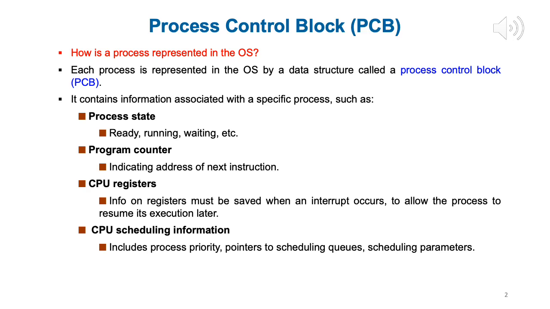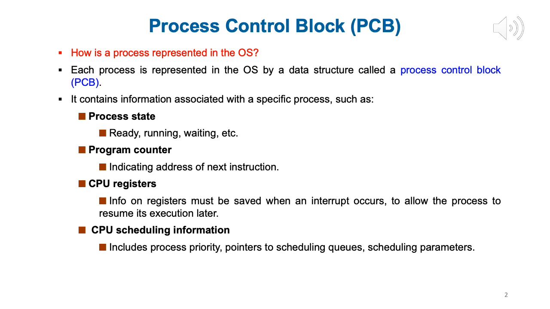So in the last class we looked at the concept of a process. We also discussed how we can distinguish a process from a program. A process is a program in execution, whose instructions are being executed, which is in main memory, right? And we also looked at different states that a process could be in: new, ready, running, waiting, terminated, and how it could change its state from one to the other during its life cycle, right? So now let us talk about this process control block.